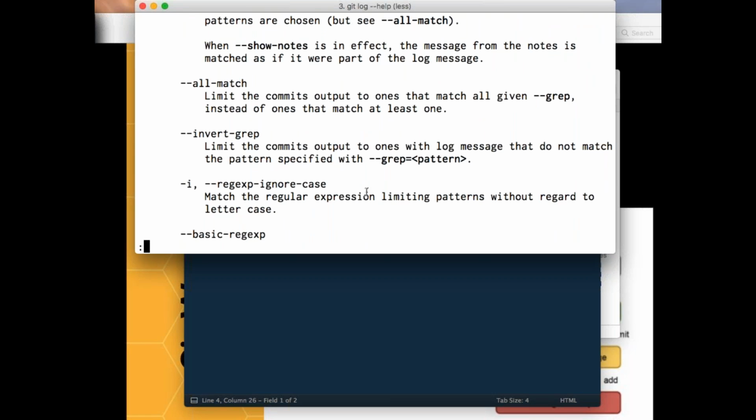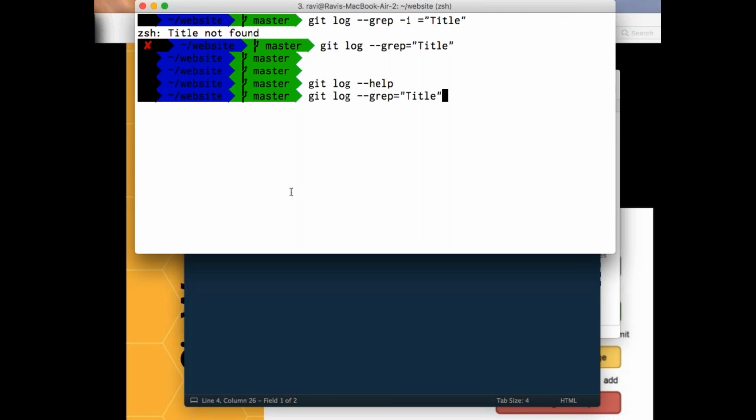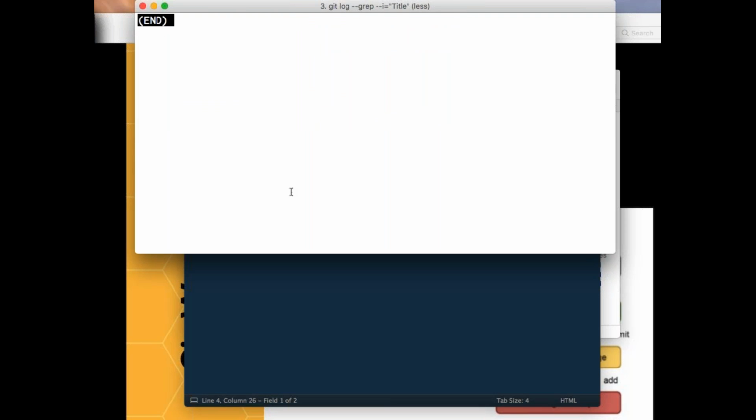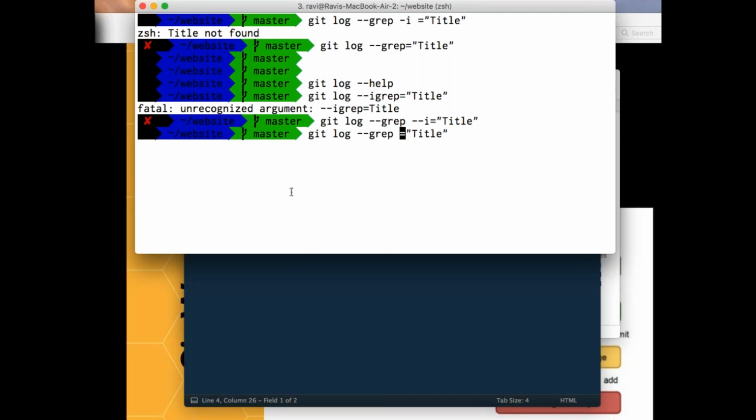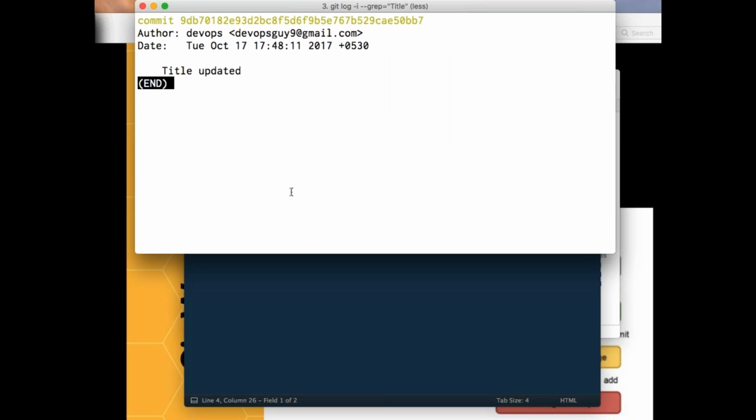And -i, ignore case. Let's check again. Git log -i --grep. No, it's not that. I think maybe I should give it like this. Yeah, -i, and then --grep. Yep. So basically it's a combination of how you use these options. Now you can get that specific information.